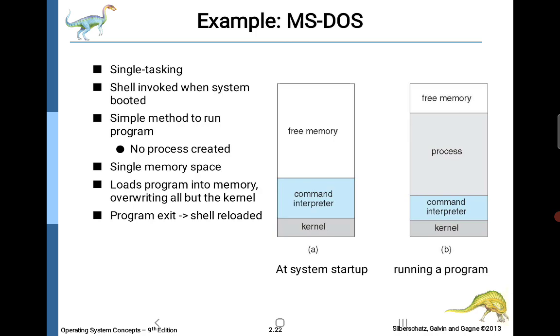We don't have a graphical user interface, we have only a command line interpreter, or CMD as they call it. The need was minimal for system calls, because there was no process creation and almost no communication. In the main memory you'll find the operating system, the command line interpreter, and one user process. That process will continue executing until it finishes and exits.